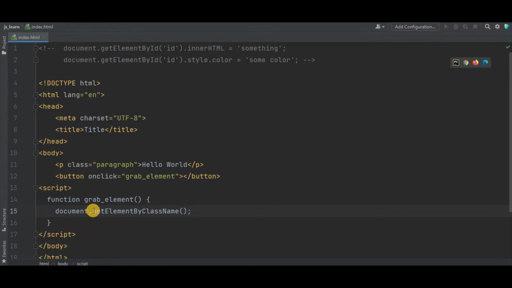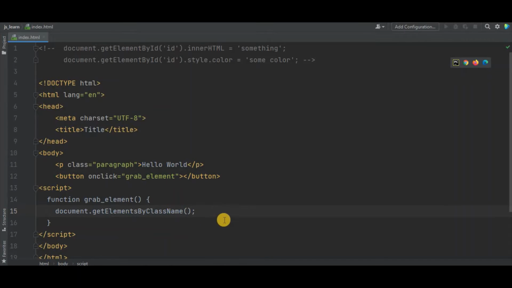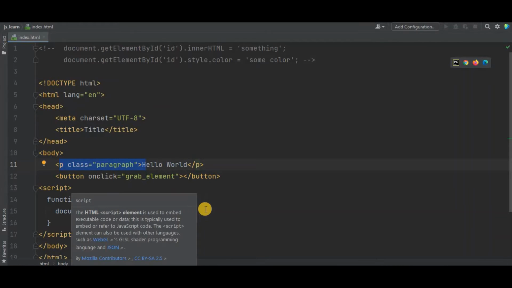And actually when we are saying get elements by class name, we don't have to write getElement, we have to write getElements, because there could be multiple elements with the same class. So document.getElementsByClassName will return us an array. As we know, there is only one tag with the class paragraph, so this array will be of length one.